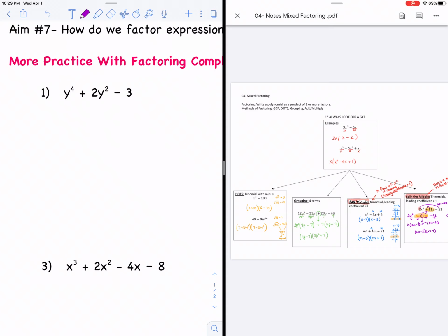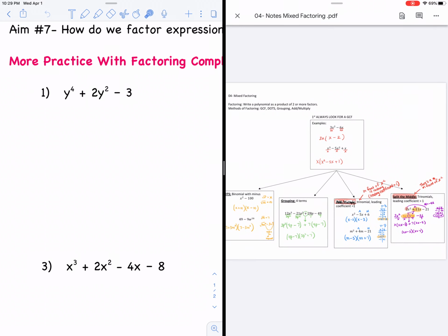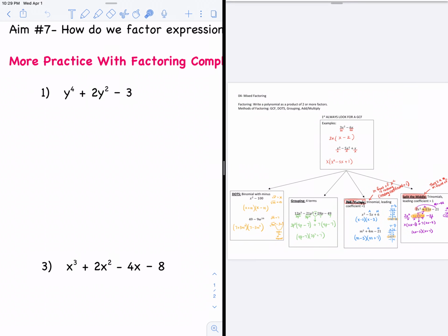Okay, so the biggest question you should have now as we're moving into the mixed factoring and actually culminating the topic is how to know what method to use to factor. So if you remember this sheet, I reattached it today because I added in the last method that I hadn't done yet before. You're always going to first look for a GCF